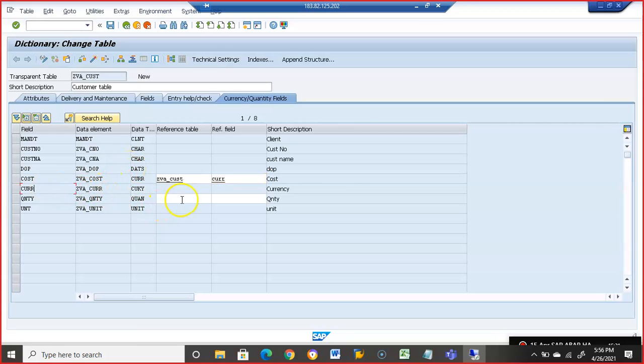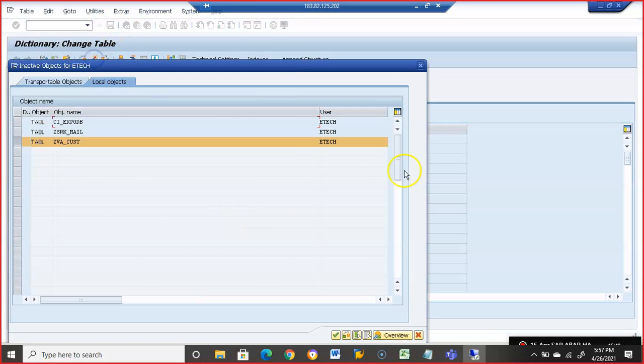This is the field name. And for this again ZVA_UNT and the field name, ZVA_CUST, that's the table name. Then here we'll give it as UNT. Save, activate.